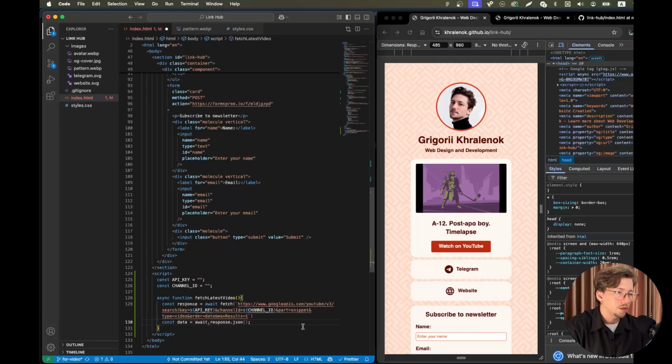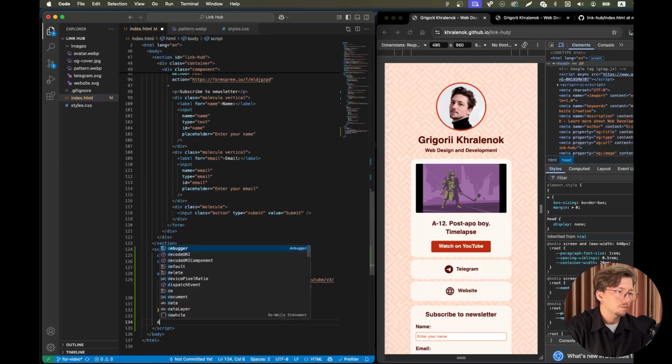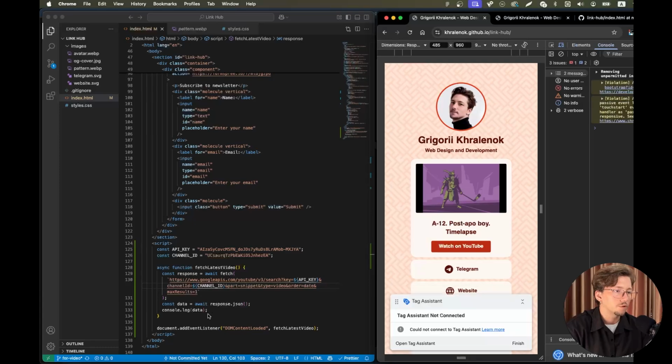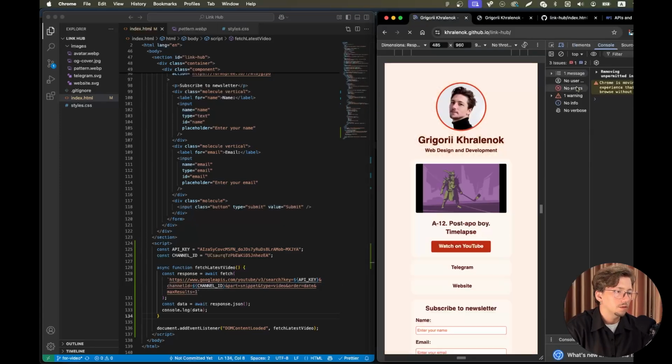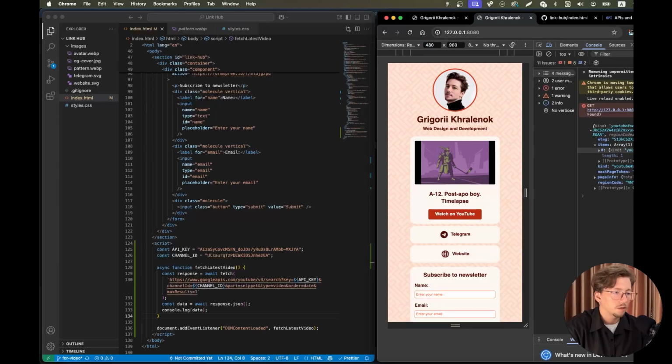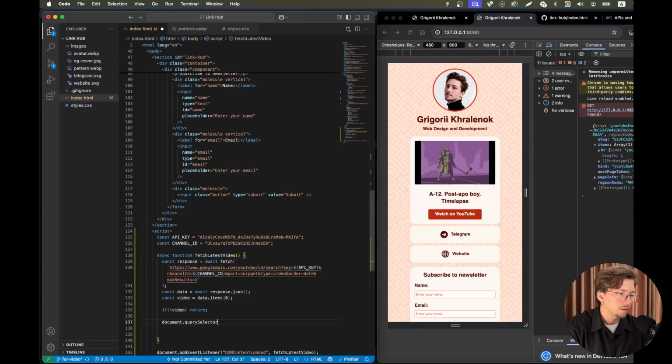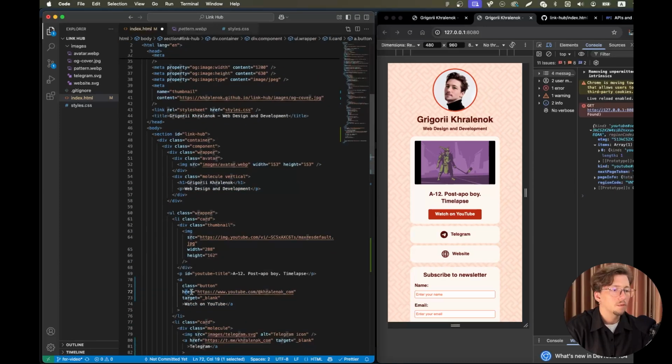Once we build the query, we can make a script that runs when the page fully loads. The script fetches the latest video from YouTube, finds the element we created for it in the DOM, and updates its href attribute. Then it updates the video title and thumbnail as well. In my case, it's the video about the creation of the landing page. But if you visit the link below this video, it would be the newer one.